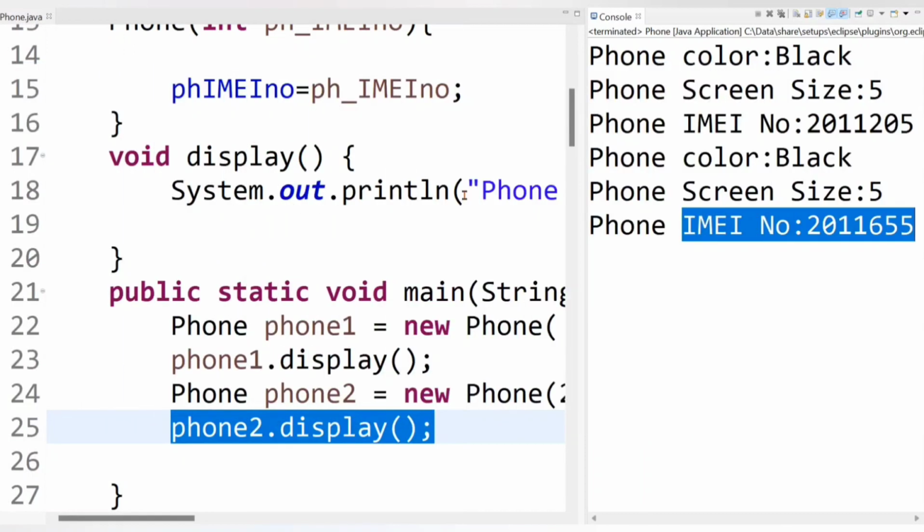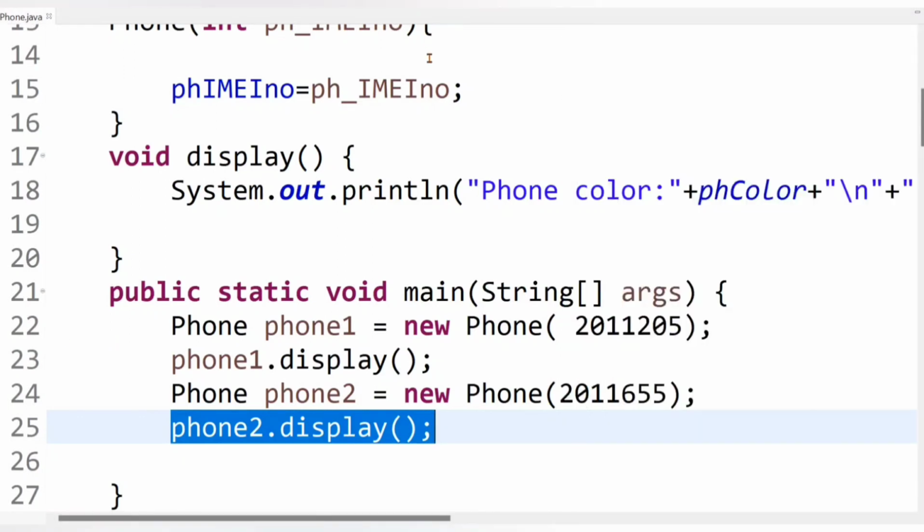So simply keep in mind, if you have to initialize static variables then you can simply go with static block. Okay. Now let's understand another scenario where we can use static block in a program. Now imagine in programming if there is a situation to execute a block of code at first at the time of class loading before executing main method. Then in that situation you can put that code inside static block so that it will get executed at first